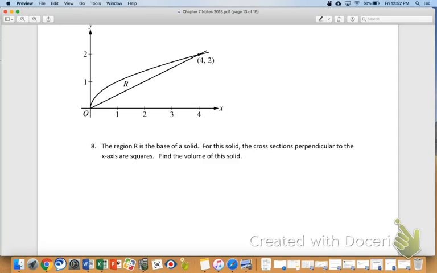So let's wrap it up with this one. And again, I want to take you through this. Hey guys, listen really quick. Can you tell from the words that there is no rotation? There's no washers. There's no disk. Because it doesn't say anything about the region R being rotated around anything. It says the solid is created by cross sections perpendicular to the x-axis. So that means there are no r squareds, there are no pies, there are no washers, no disks, simply cross